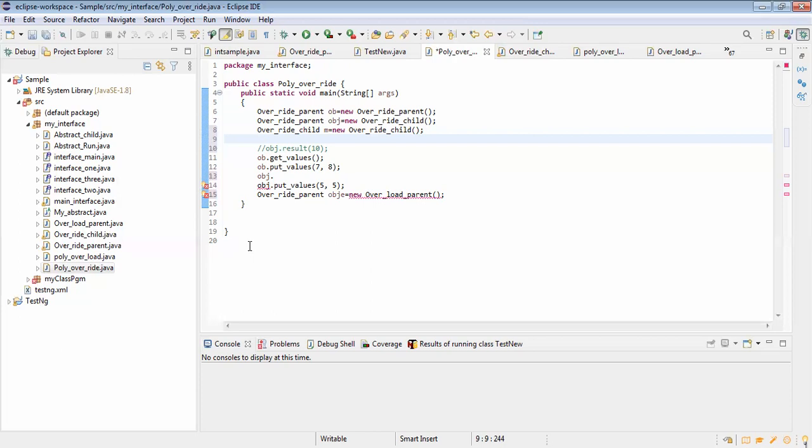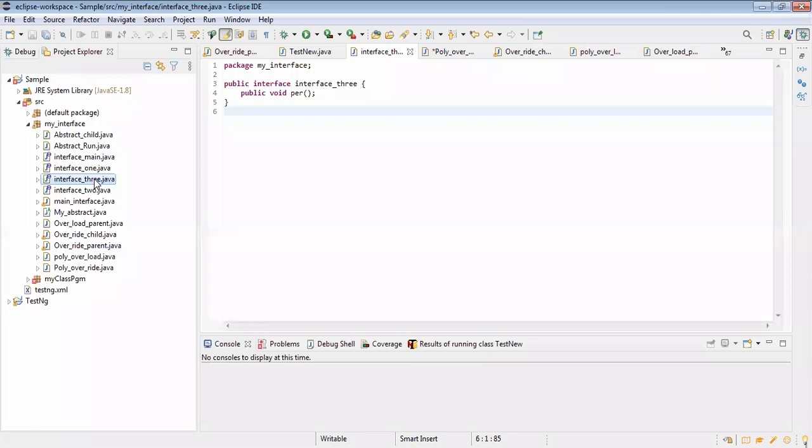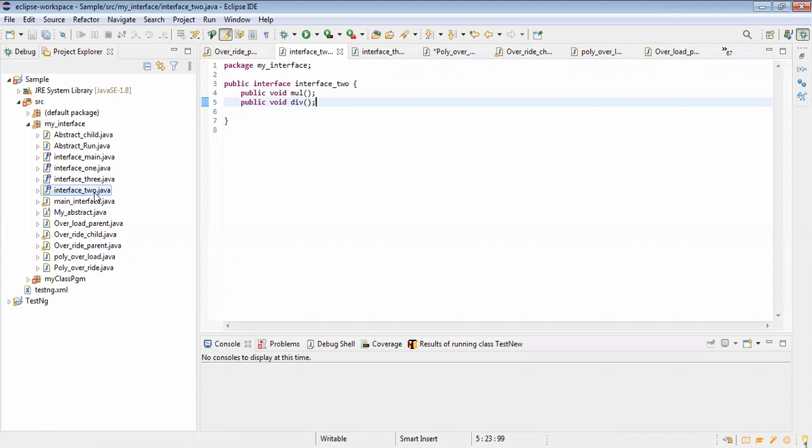Sneha, can you go to the interface 2? Now copy this interface 2, the interface name.